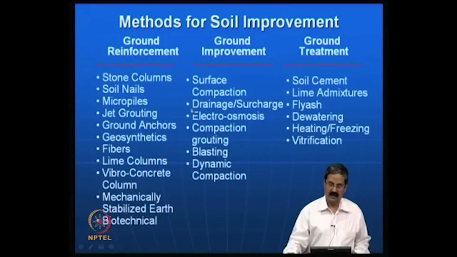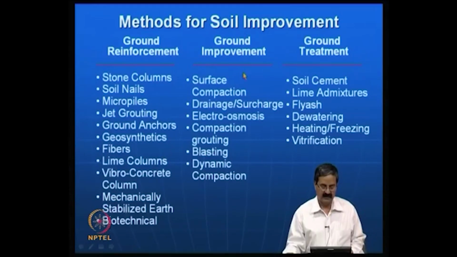Then ground improvement. For example, when you do surface compaction, we know the typical rollers that we use for rolling purposes, and then get some maximum dry density. You normally mix the soil at close to optimum moisture content and allow the rollers to do the compaction. So, this is called surface compaction. Then you have